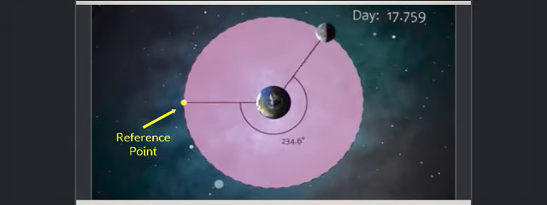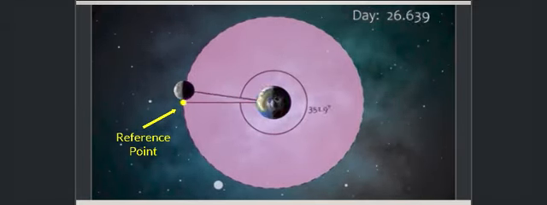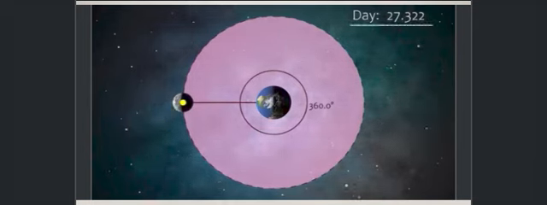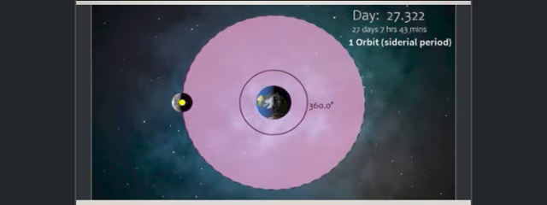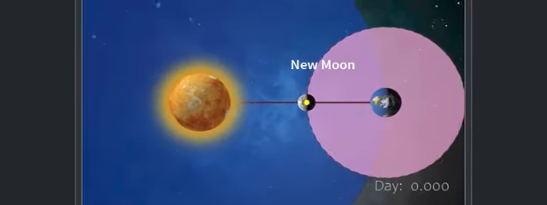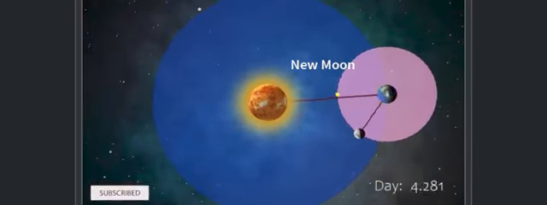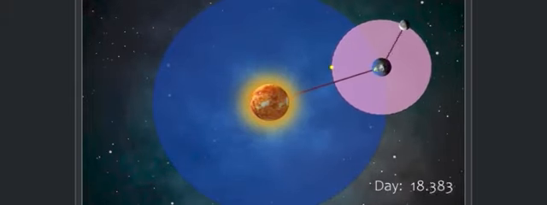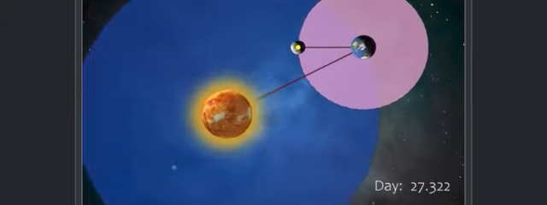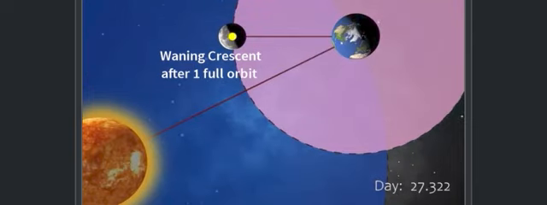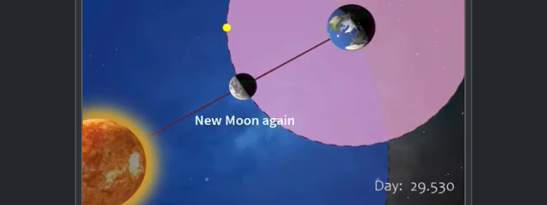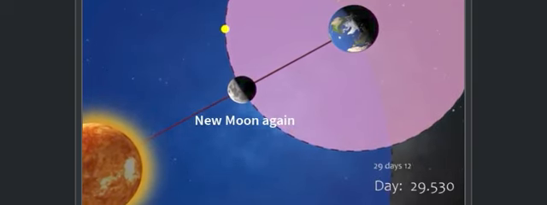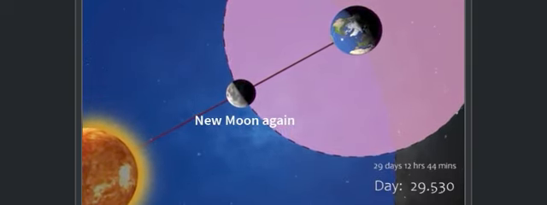Here again we see the moon's orbit from above. The yellow dot is our reference starting point. The moon returns to this point in 27 days, or one sidereal period. If we view the Earth-Moon system as a whole, we see how much the Earth moves during the month. When we return to the same reference point, notice that the moon's phase is not the same. The moon has to go more than a full orbit to show the same phase again, a difference of about 2 days. Let's see how geometry of phases work.